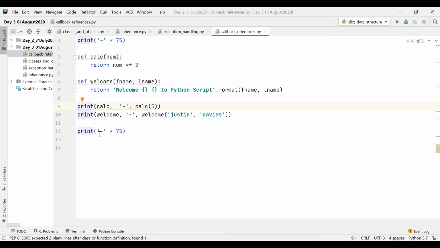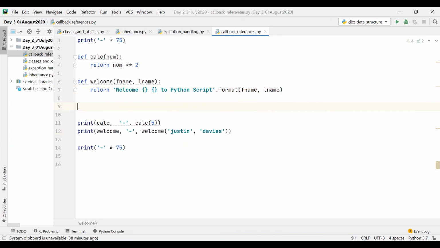Now consider I have some common function, like let's say wrapper. You can have any name, no problem at all. Which is accepting two parameters. One is the function reference, and the other one is the reference of all the arguments which are being passed to the function.